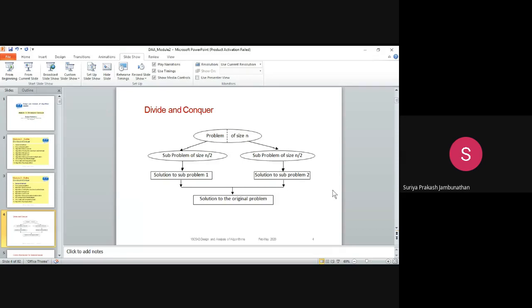So here, divide and conquer is the model 2. In divide and conquer, we are starting with the skeleton diagram of divide and conquer. So what is divide and conquer actually? We are having a problem. That problem has to be divided into subparts. For example, the problem is having size of n. Let's consider 6 numbers we are having in an array. That has to be sorted.